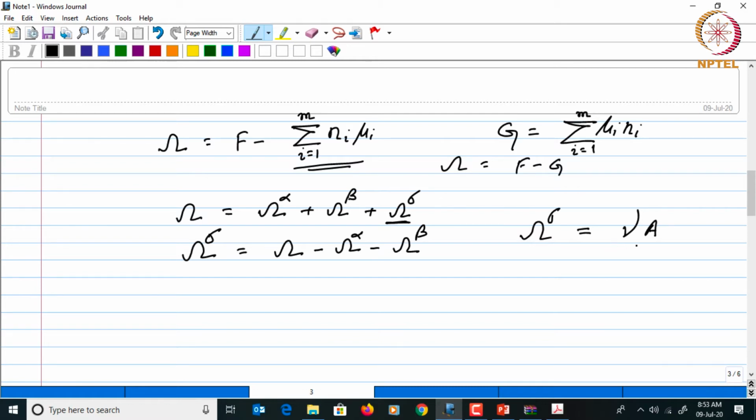So here gamma is the specific surface energy, that is surface energy per unit area, and A is the area. So this is the total energy which is actually needed to create the interface, right? So omega sigma, that is the omega for the interface, is basically the surface excess. That means to create that interface between two phases, you have this surface coming, and as I said, gamma is the energy or the work required to create a unit area of that surface. So now if we come back to this, this can be rewritten as